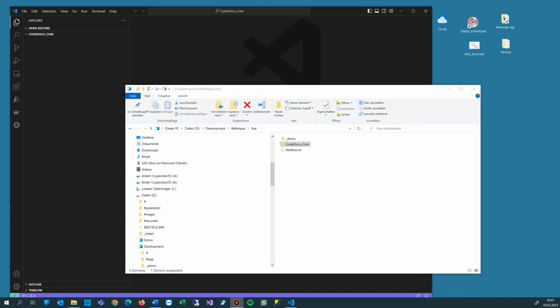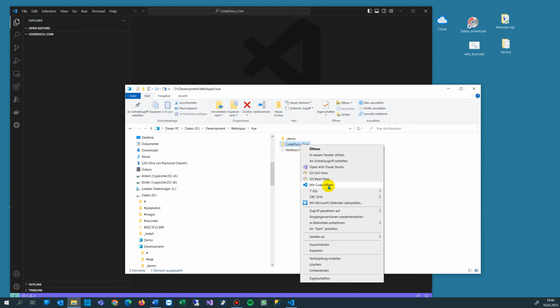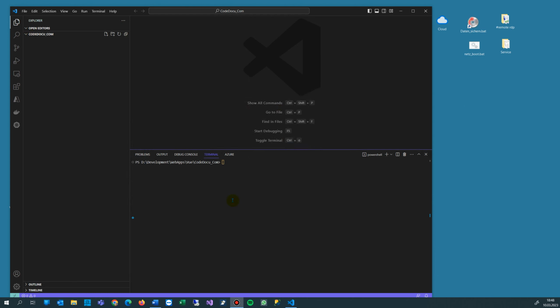In this video I will start with Vue, and we will create a new Vue project from the template. Therefore I created a folder, codedoku.com, and I opened that folder with Visual Code. So you need Visual Code. Once I've been in this folder, I went to Terminal, New Terminal. So when you're here in Terminal, then we say the command,